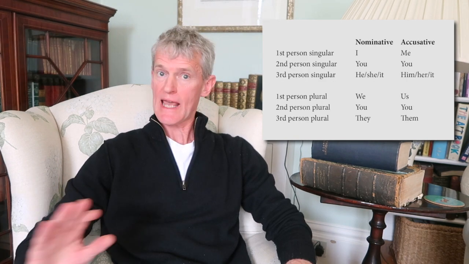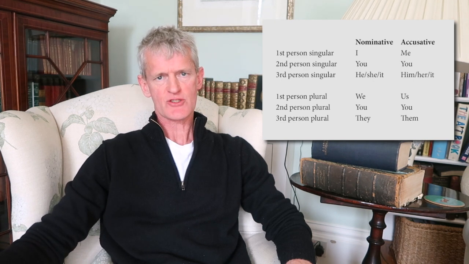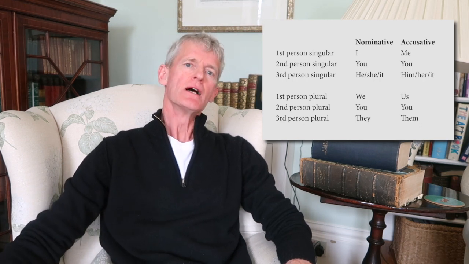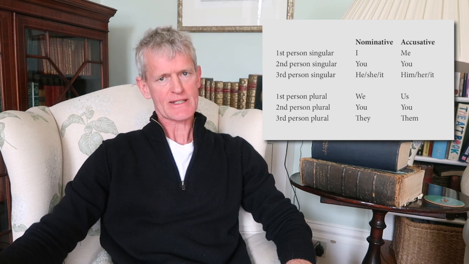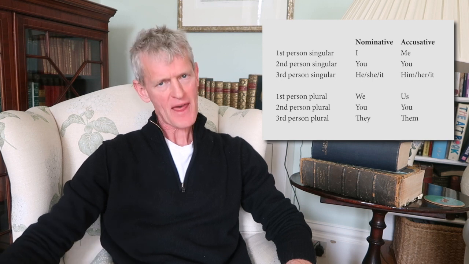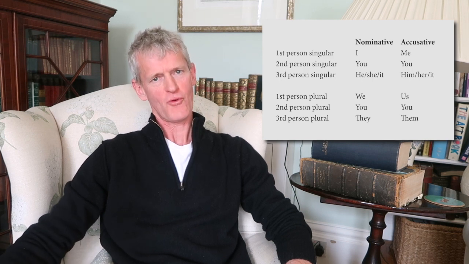Second person plural, again, our word you never changes, so that's straightforward. You hear them, they hear you. The word you doesn't change. But in the third person plural, we again get a difference between the word they, which is the nominative form, and them, which is the accusative form. It's understanding that distinction between the nominative forms of nouns and pronouns and the accusative forms of nouns and pronouns that helps us to understand why some phrases are grammatically correct and some are grammatically incorrect.